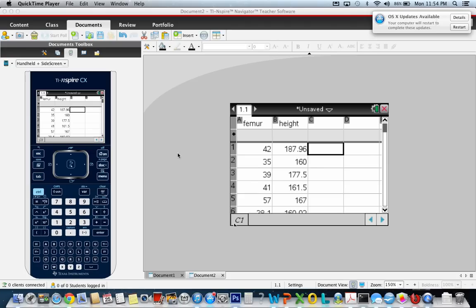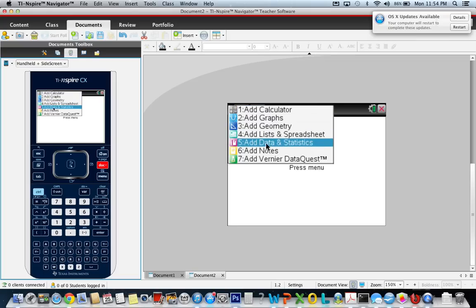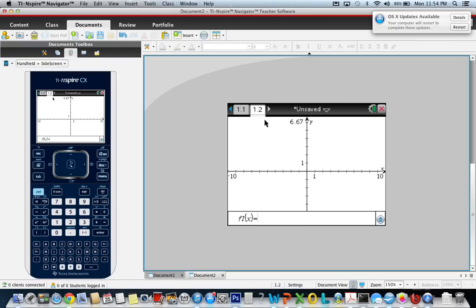Sheet, then you're going to form a scatter plot, so you need to get a new page. Control Document adds a new page, and then you need to say what kind of page, whether you want a graph or a spreadsheet. So we need a graph. We're going to make a scatter plot. And to make a scatter plot, we're going to hit Menu